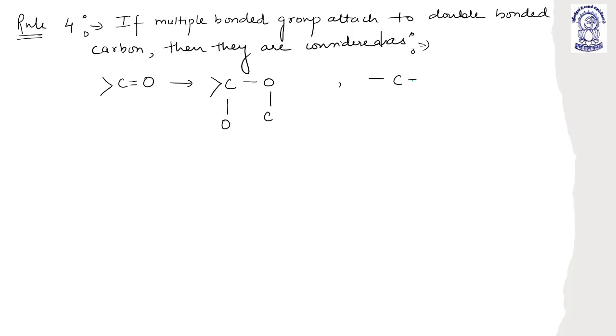C triple bond A means that C is attached to 3A at a time, like this. Okay. Understood? For example,